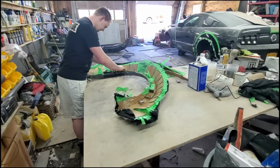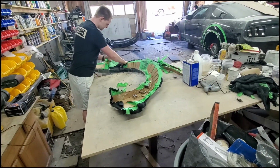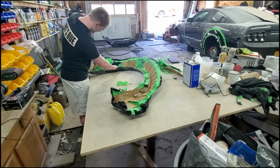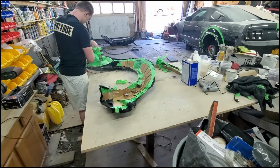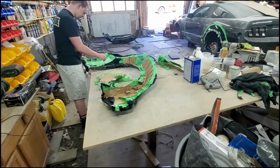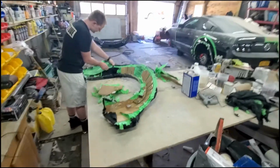So now what we do is we just peel all the tape, the cardboard, all that stuff out of the fender. Step 1. I'm also going to show you